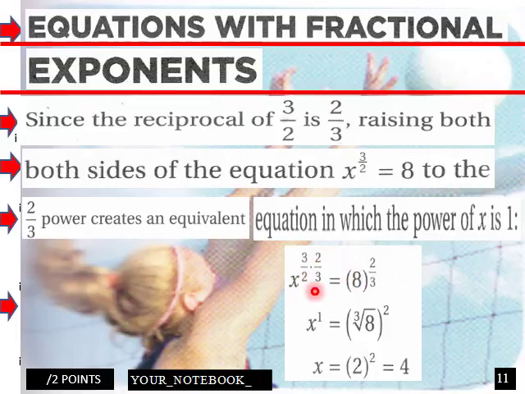To solve this, we would go down into here, and then x is equal to 2 squared, which would equal 4. X to the 3/2 equals 8. So if we multiplied this by the 2/3 power and this by the 2/3 power, we would get this situation. X would equal the cube root of 8 squared, which would be